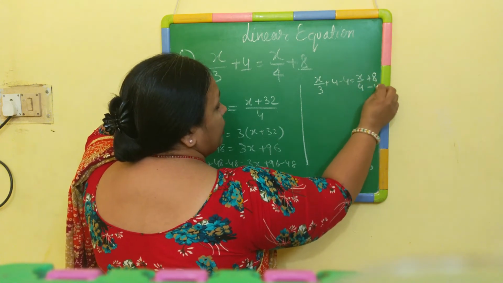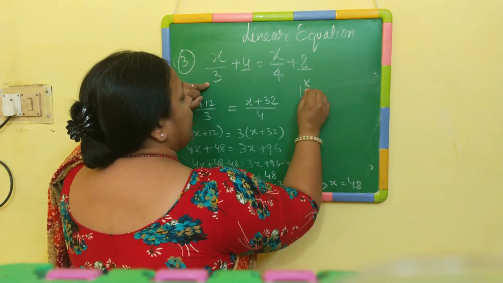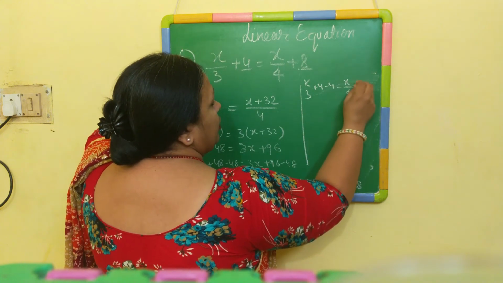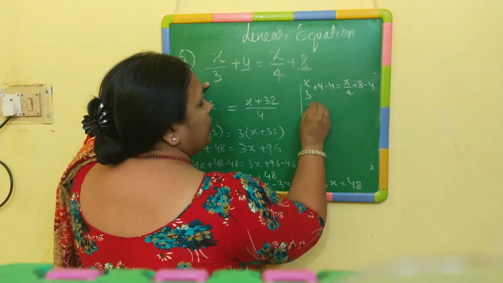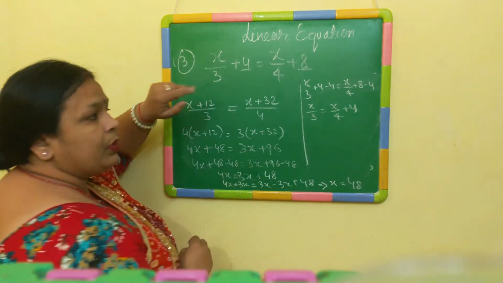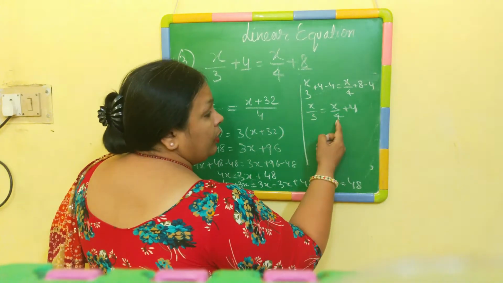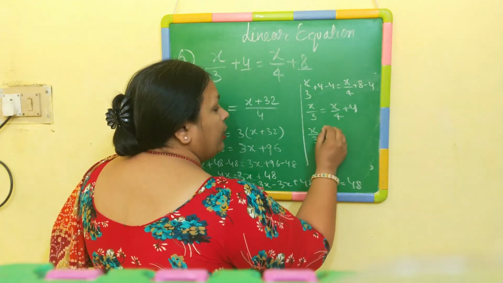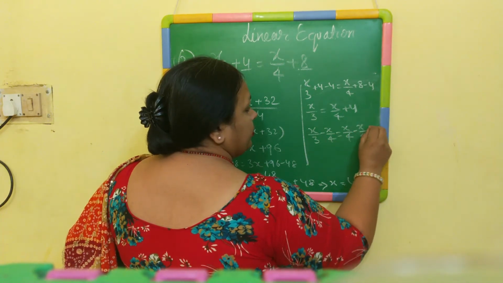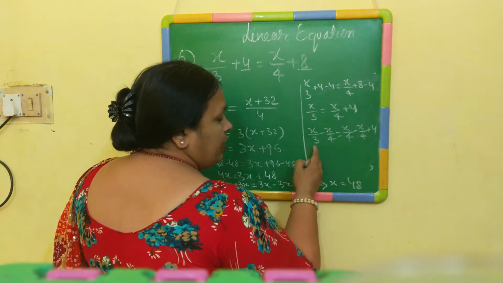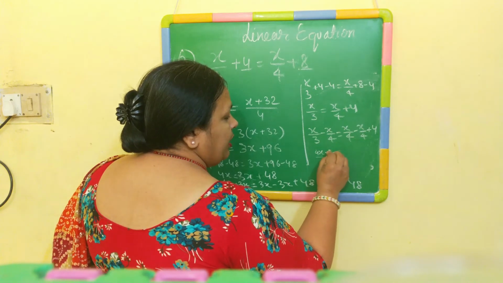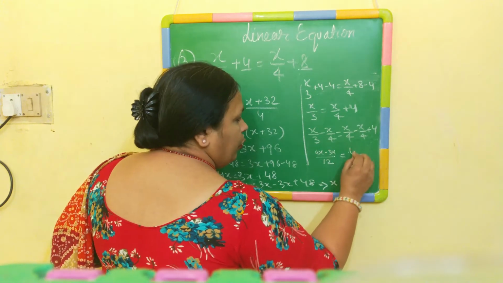8 plus 8 minus 4. X by 3 plus 4 minus 4 is equals to x by 4 plus 8 minus 4. This becomes x by 3 is equals to x by 4 plus 4 plus 8 minus 4 is 4. Now what we will do to eliminate this, we will be subtracting x by 4 on both the sides. Then this becomes, here again we will be taking the LCM, this will become 12, and this is 4x minus 3x is equal to 4 because this becomes 0.